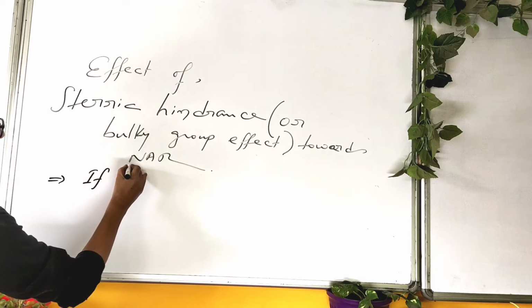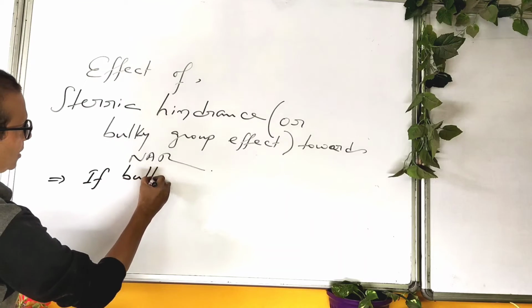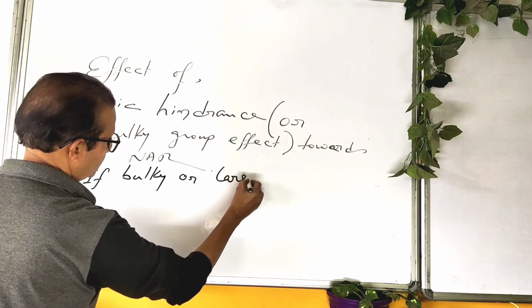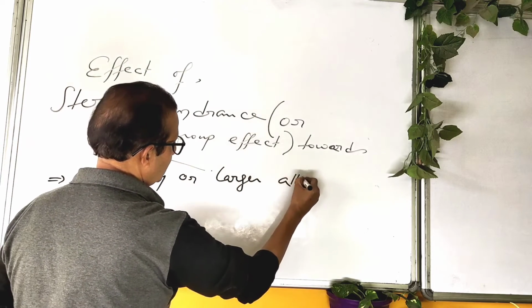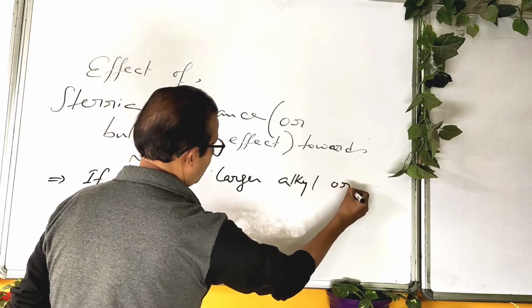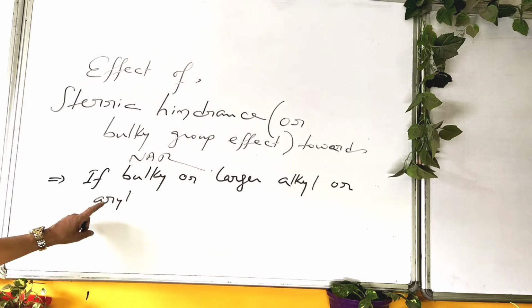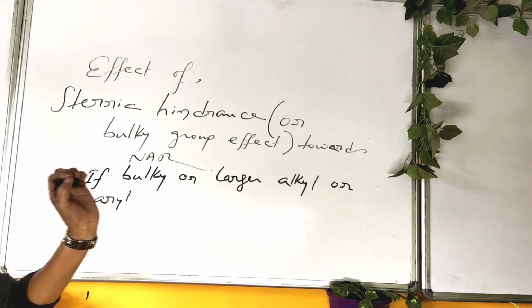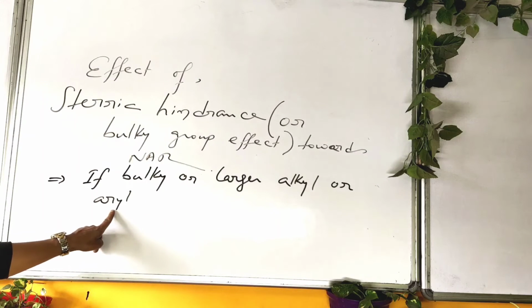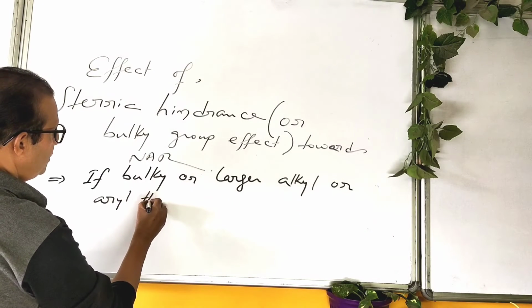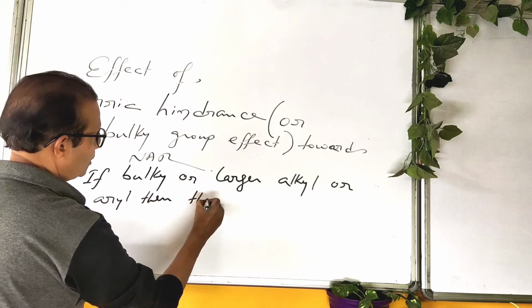If bulky or larger alkyl or aryl group. You know that when benzene is attached to anything else, that's called aryl or phenyl, okay? Then the